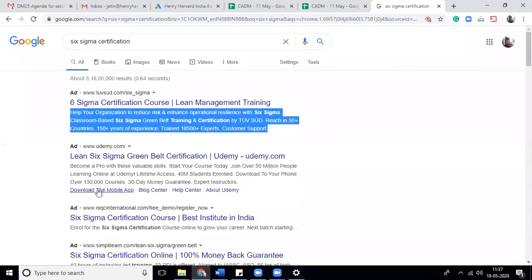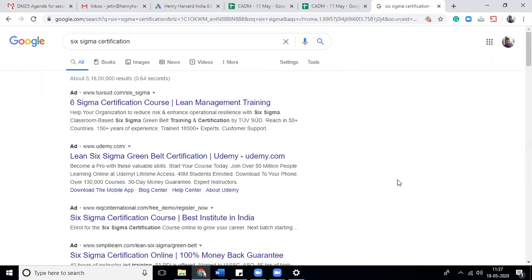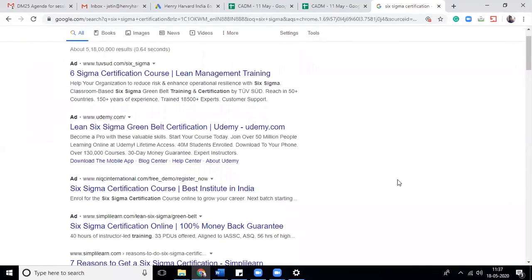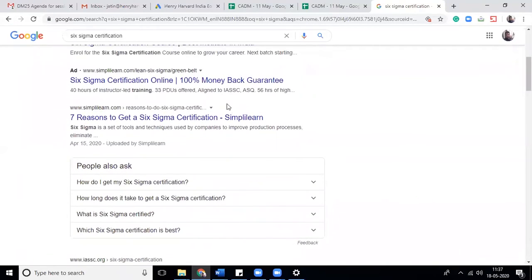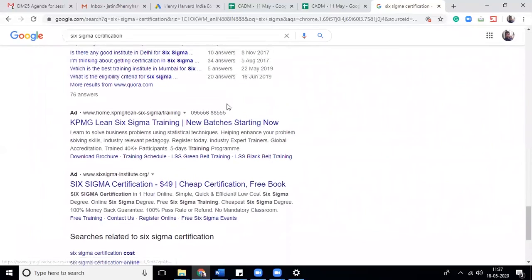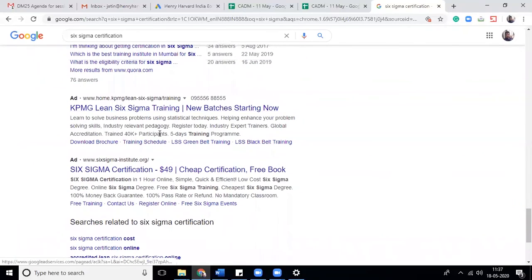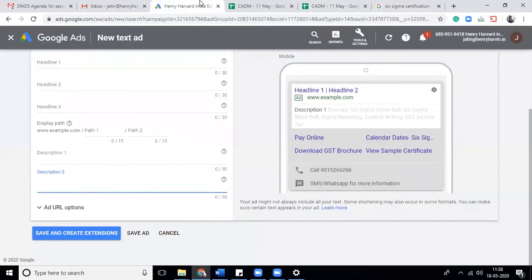Similarly, in others you can see again a huge number of characters, and then this clickable link which you have never seen before. Then Simplilearn's ad was simple. Then you see the KPMG ad, free level ads, then a clickable link, and this also has a clickable link and different content. How are they producing that much content, how are they placing it? Our ad doesn't allow that.